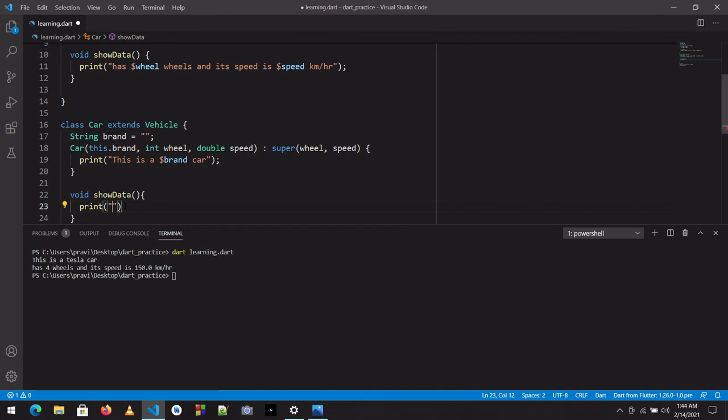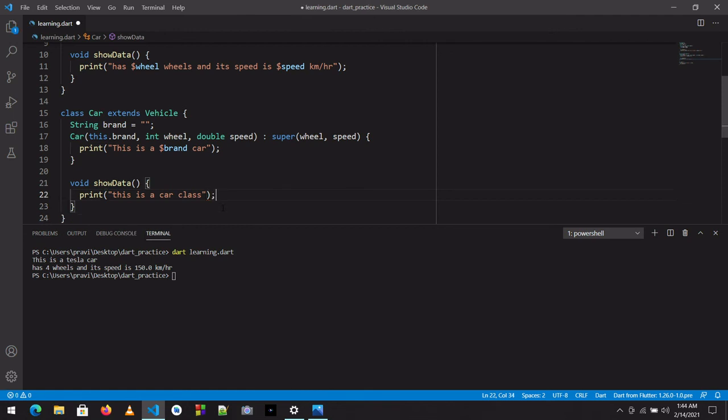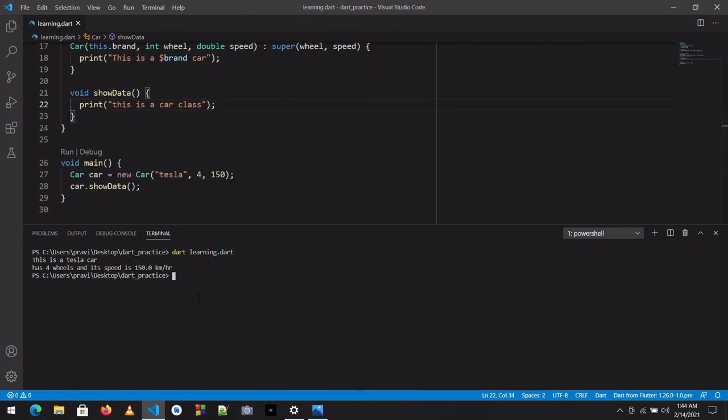For example, this is a car class. Okay, for now this is a car class. So let's print: this is a Tesla car, and this is the car class here.